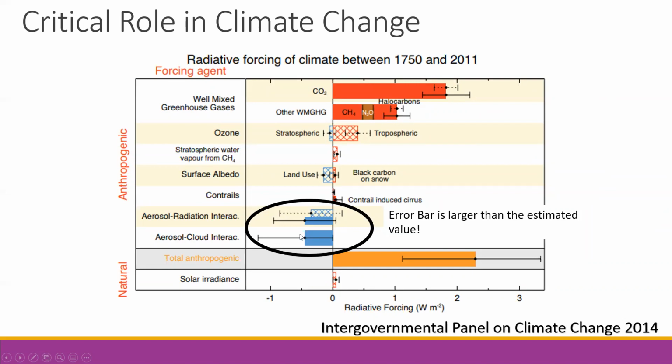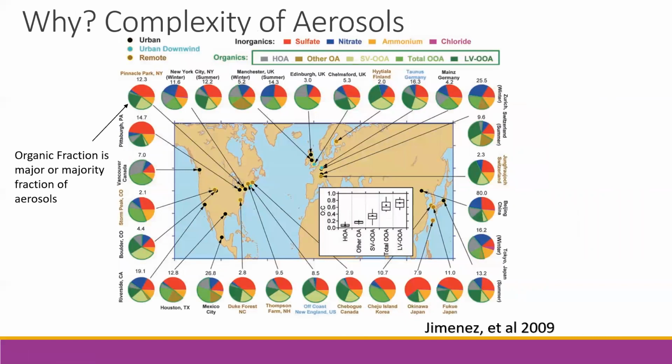If we go down to aerosol radiation and aerosol-cloud interactions, you can see they have very significant cooling effects. However, I point here to their error bars. These error bars represent the uncertainty with these processes. And these error bars, especially for the aerosol-cloud interactions, are bigger than any of the other components, which shows that aerosol-cloud interactions are the number one uncertainty in future climate warming scenarios. So the question is, well, why is that the most complicated?